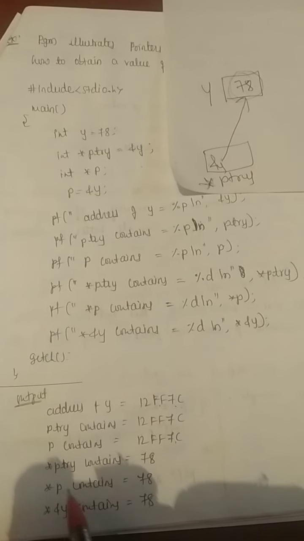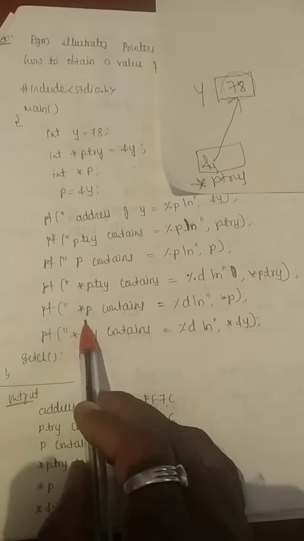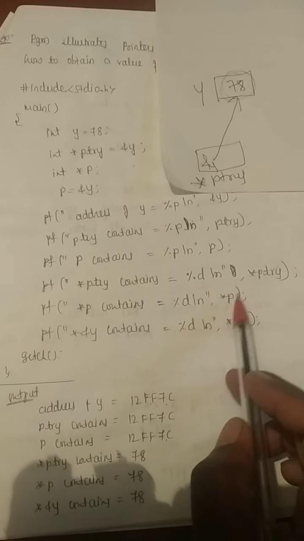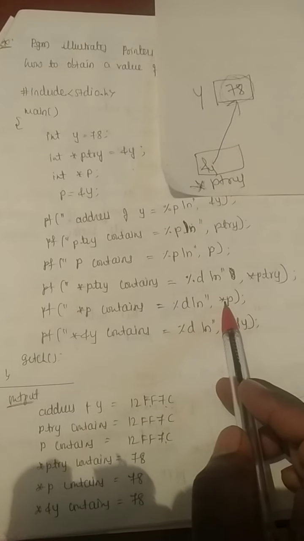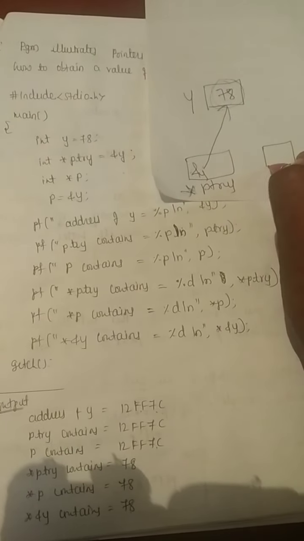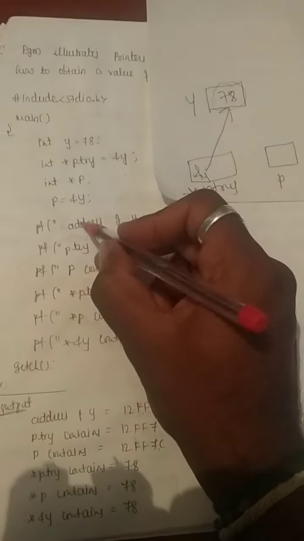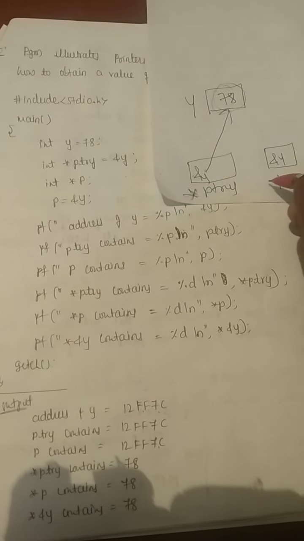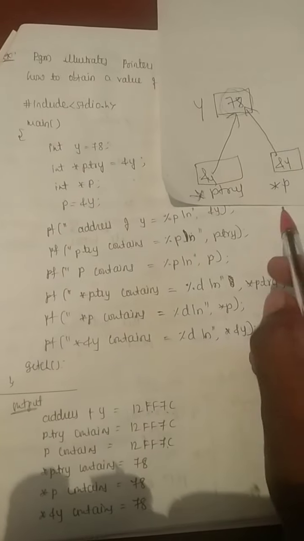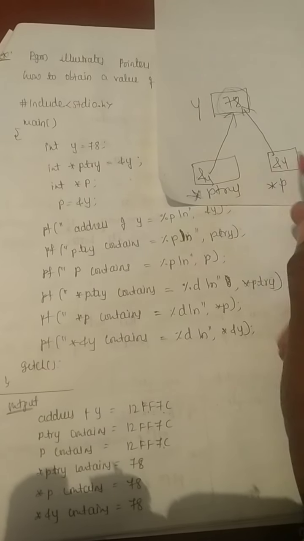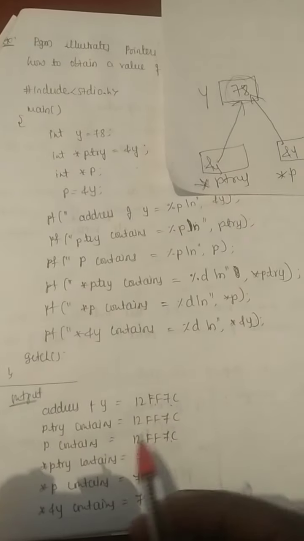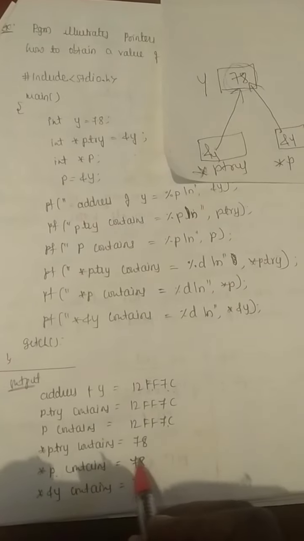In the same way, *p contains 78. It means this statement, "*p contains = %d", *p. See, when we have a star along with the variable, the content is going to display. Got it? *p is pointing to the same location. One more pointer variable you have is p. This also has the address of y. When you have the pointer here, this is pointing to this one. So if I print only p, the address will be printed. If I print *p, the content stored in &y will be printed. See, *p contains 78.